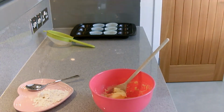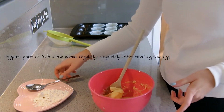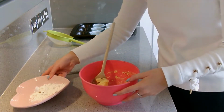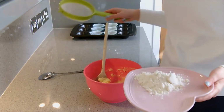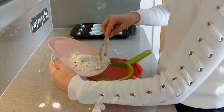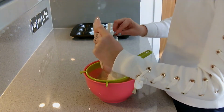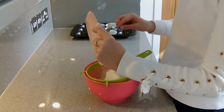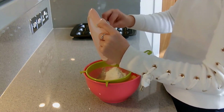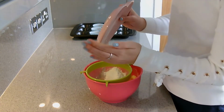Notice how I'm moving everything over to the sink as soon as I'm finished using it. And now I can add in my flour. So I'm going to use a sieve to add it all in. And the reason for using a sieve is, again, it incorporates more air into our cake batter. Not only will sieving it add air,